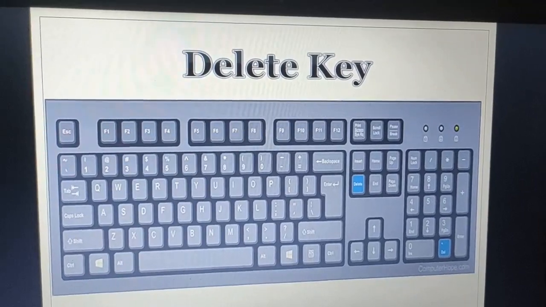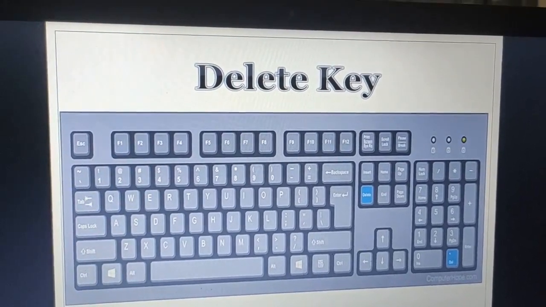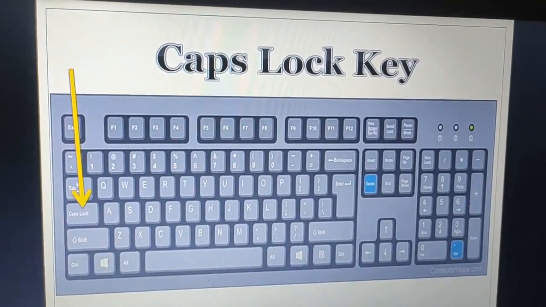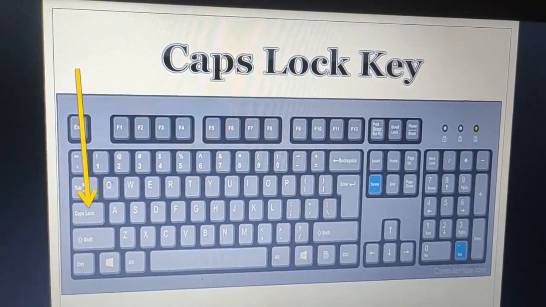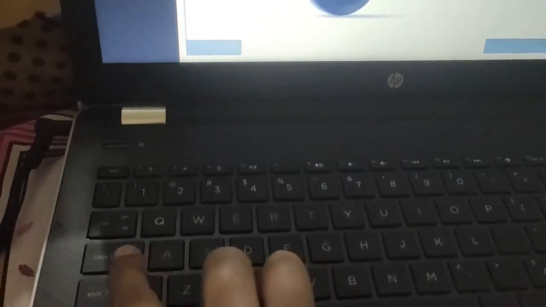The delete key is used to delete characters present to the right of the cursor. The next is caps lock key. Yes, dear children, can you see this caps lock key? What is the use of this caps lock key? So this key will help you to type in the